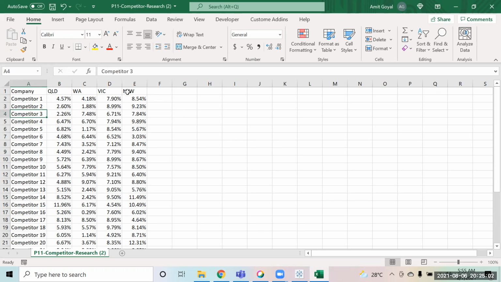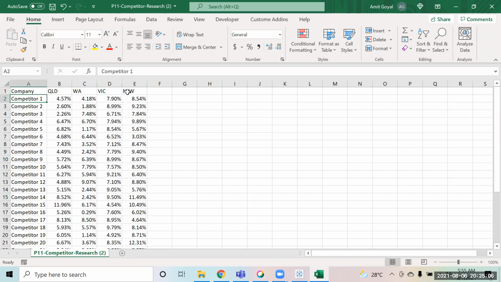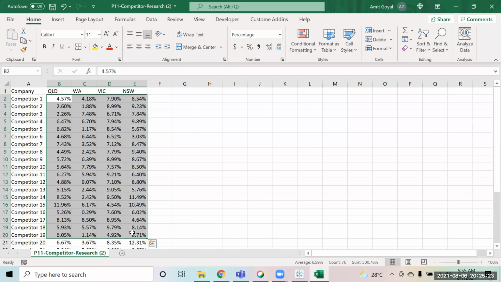Suppose this is the data of a shoe business. The data tells us that competitor one made this much percent in Queensland, this much in Western Australia, this much in Victoria, and this much in New South Wales. So we have the profit margin of all 30 competitors in the 4 regions, right?